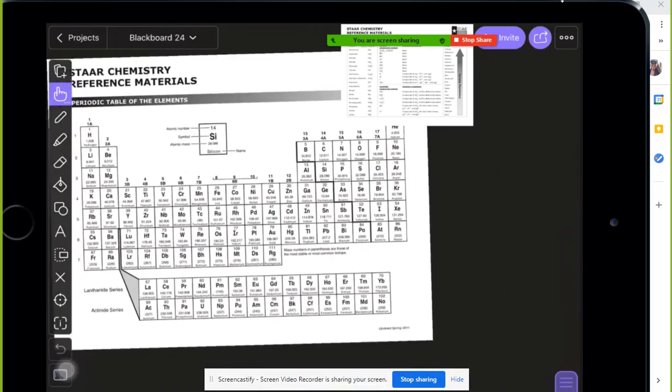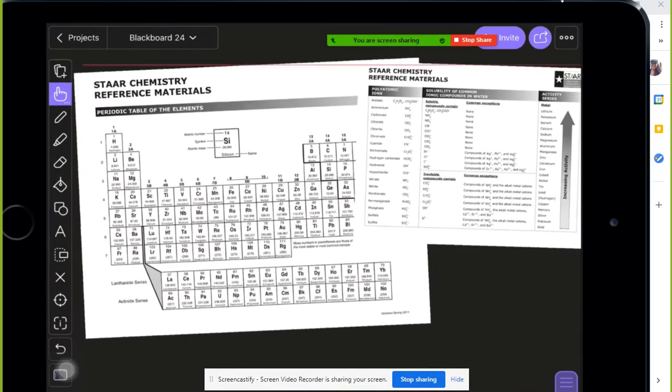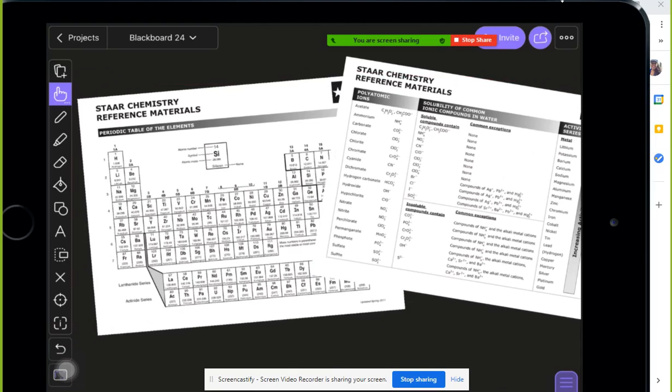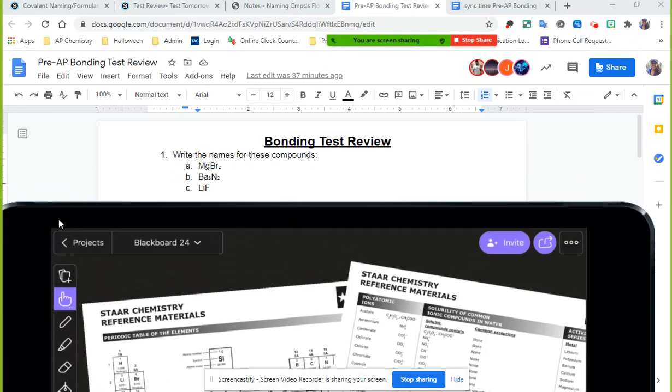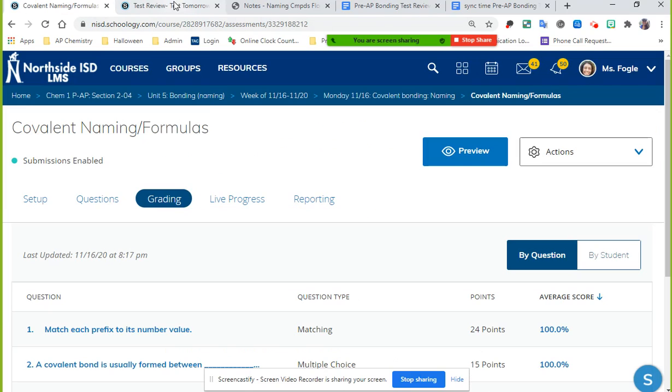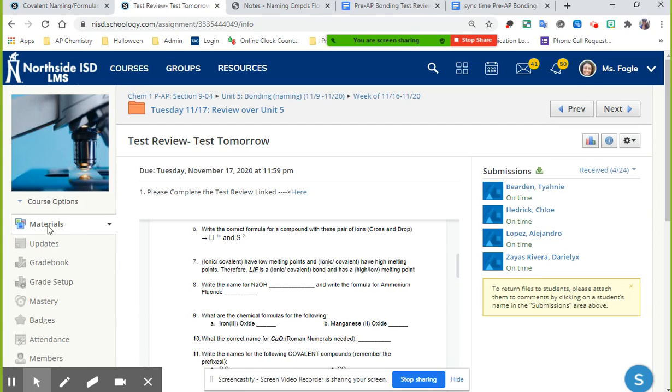So the big thing that I need you guys to make sure you have access to is the reference materials on your main Schoology page. In here, we have the hard copy of our periodic table. I want to show you that you have this material right here. If you go back to our main page,